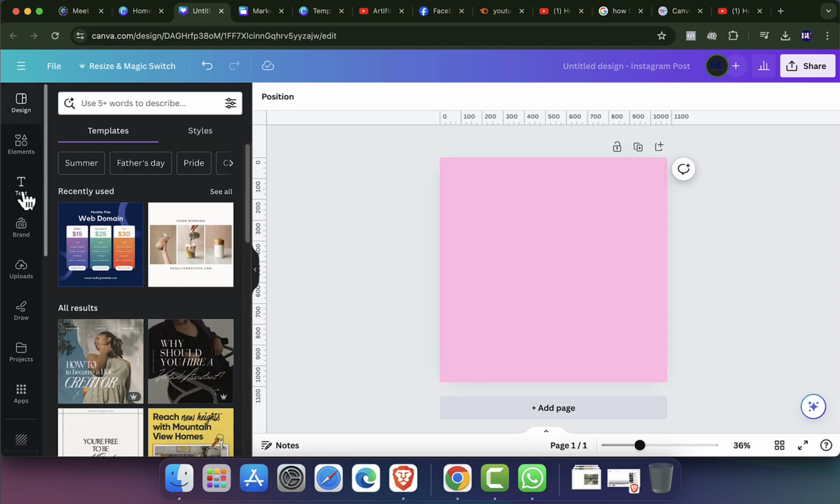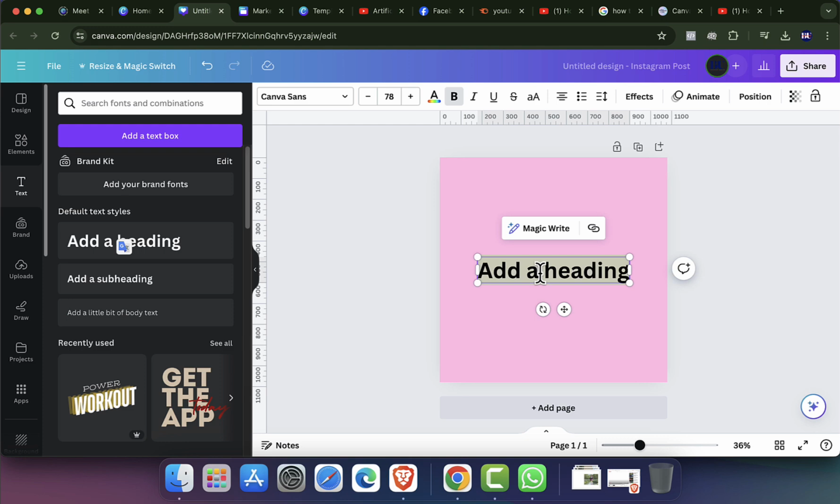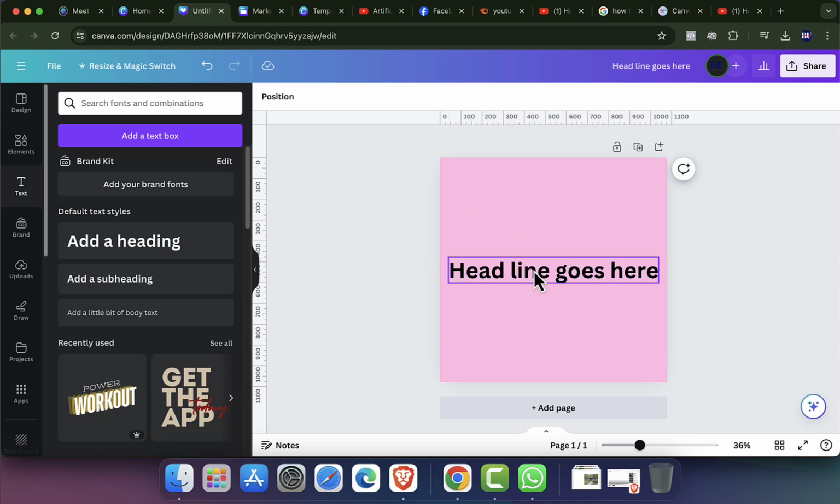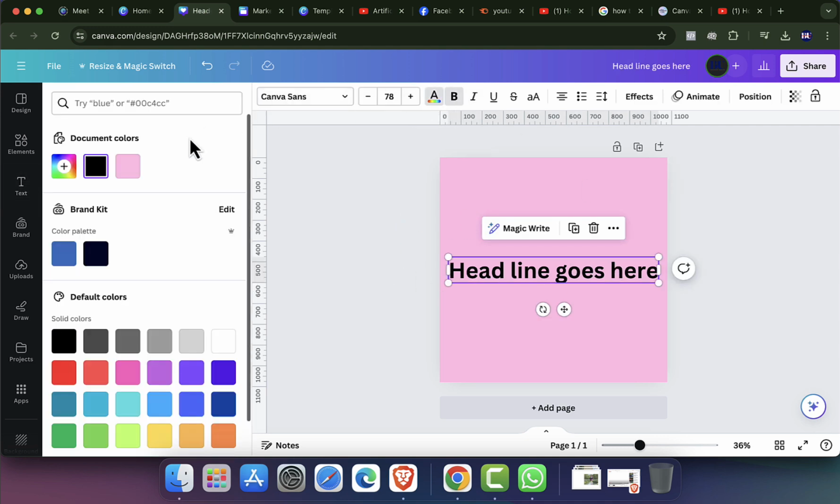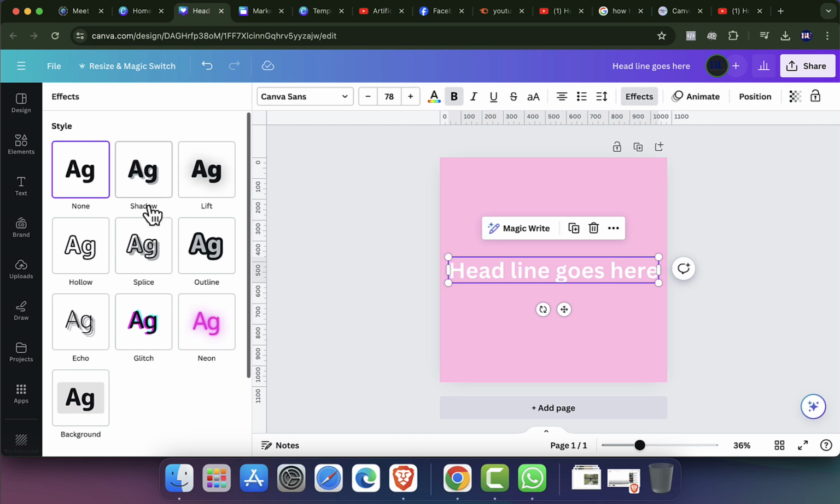Alright, and then let's add the text that we want to make curved. Okay, line goes here. Fine. Now all we need to do is simply change the color to white. It looks great. Now select the text, then click on effect, and over here, as you can see in the